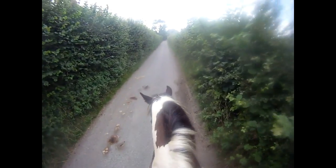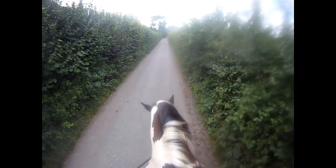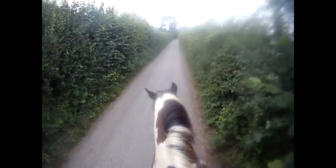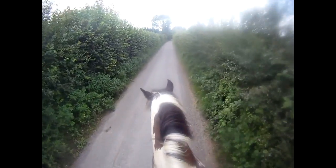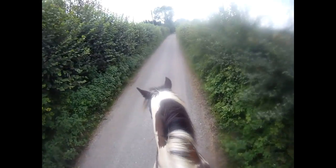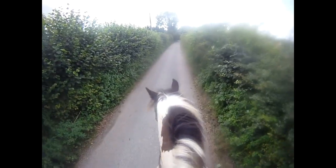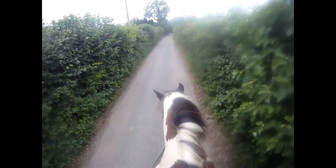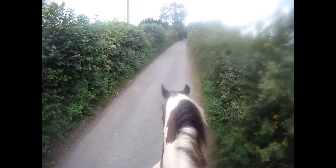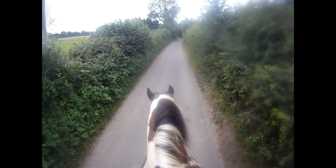Now you can't do this to begin with because it's too much pressure and they don't understand it. Now it's not a true shoulder in position and he's not necessarily in collected walk, but it slowed the walk down and it has stopped him rushing. So every time he starts to rush, I have to have very light hands. He goes in the shoulder in position, then we leg yield the other way over to the left,